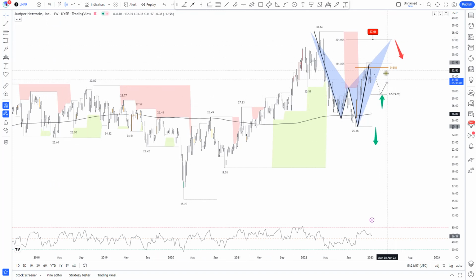But I will not be surprised that, as I was saying, the formation of patterns above may offer a much better risk-reward approach for those who will try to short it. Even though I'm paying attention to potential longs once the price approaches this 50% Fibonacci level. Eventually a retest of these lows may also offer opportunities to try to go to the upside.